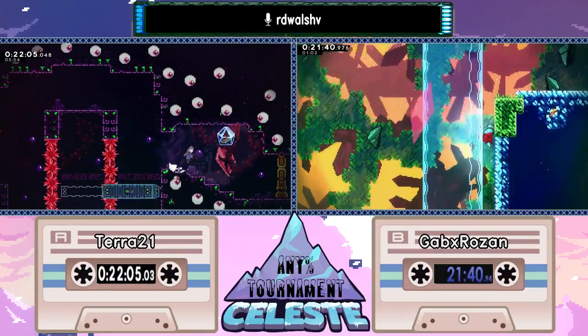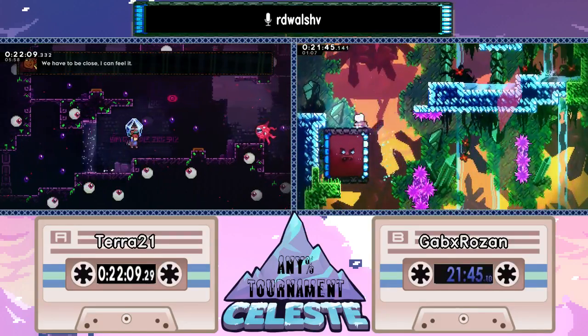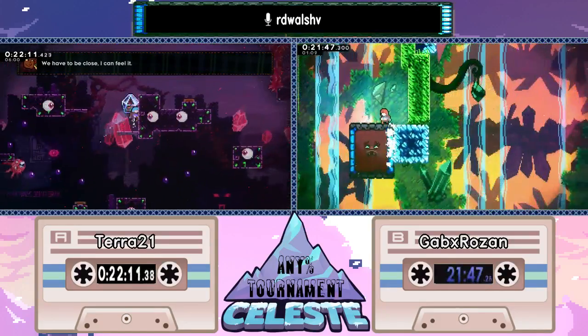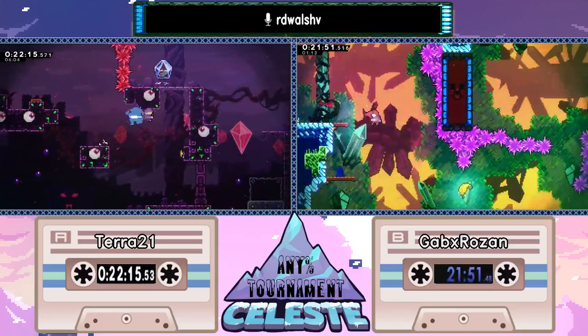Yeah, and that was some really nice improv from Terra there. That Seeker kind of just bodied up on them at the end of that screen, but they were able to adjust, got some dashes, and most importantly, didn't die. So yeah, really dope stuff. And